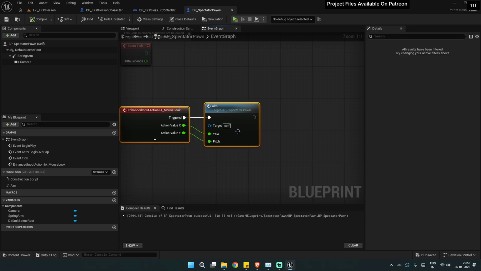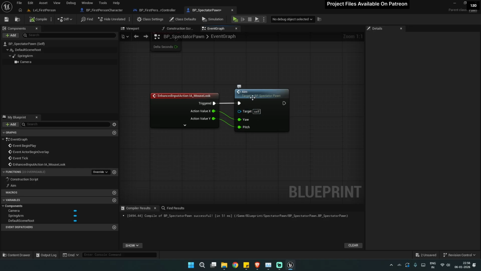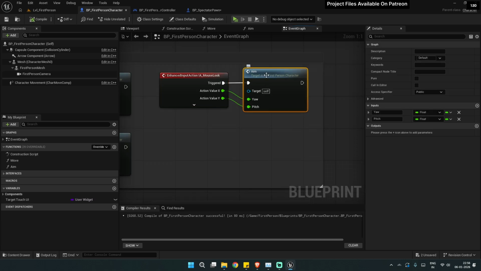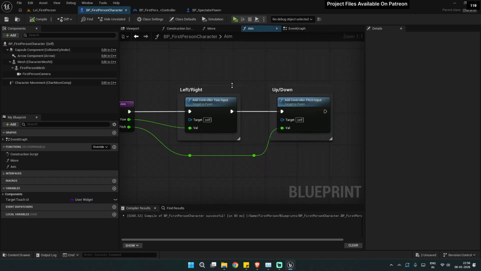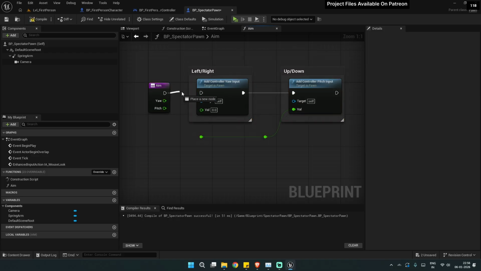Now when I was doing it myself, this step I spent so much time trying to figure out why it was not working. The reason is that this one has nothing in here. Even though we copied this, it didn't copy anything that was inside this aim function. So let's copy inside of this and add the function around here. Okay,